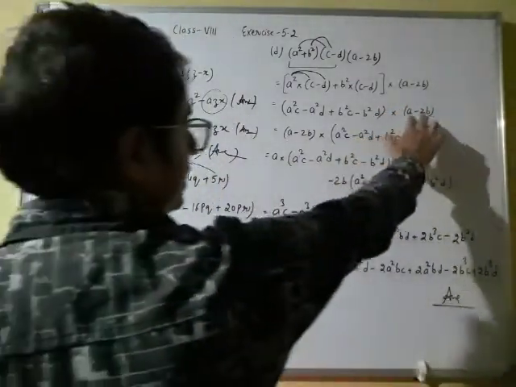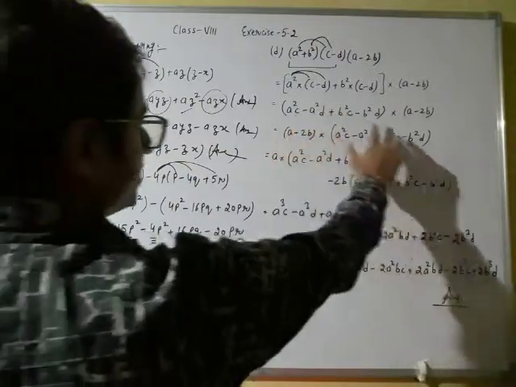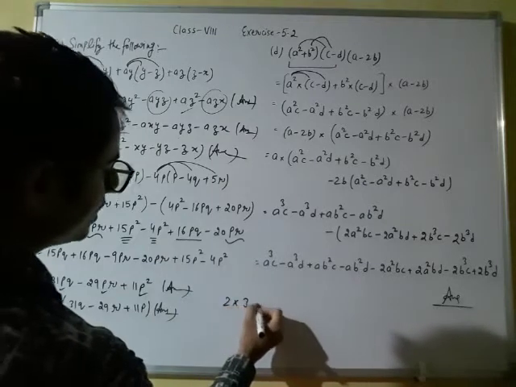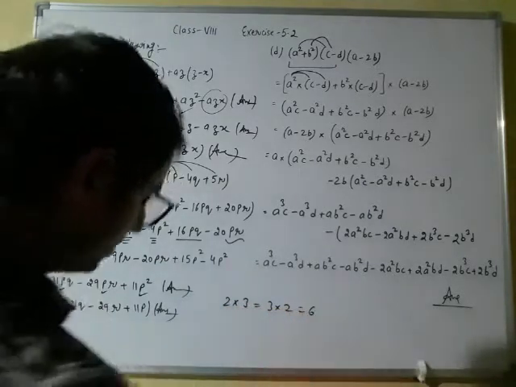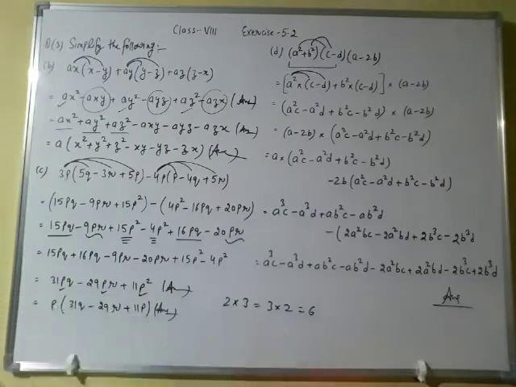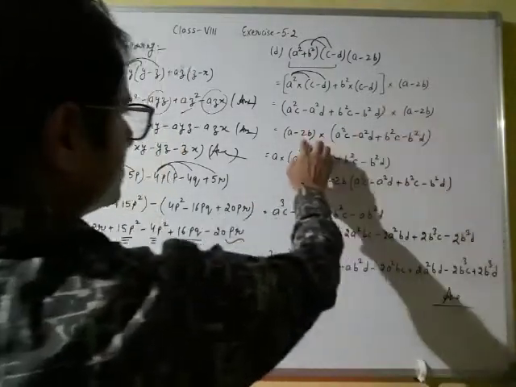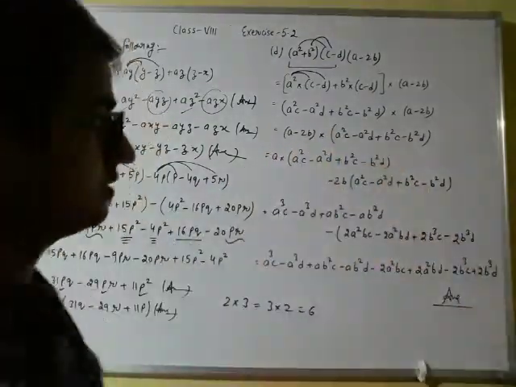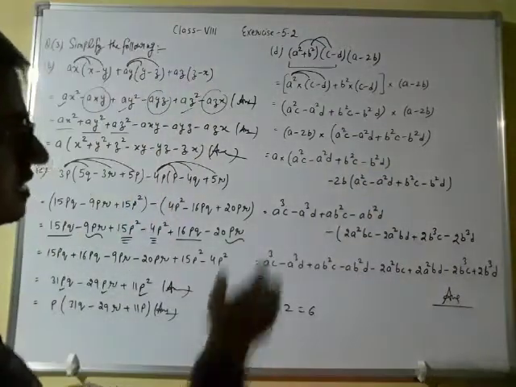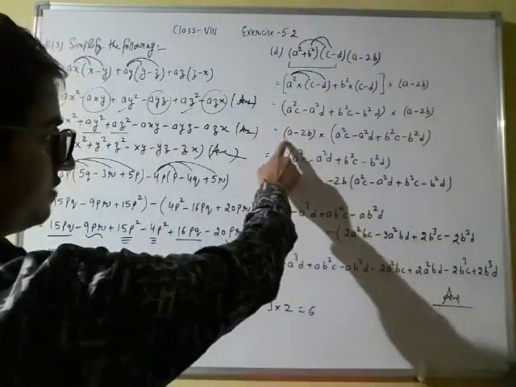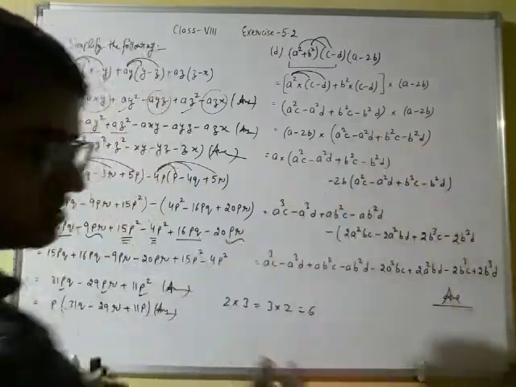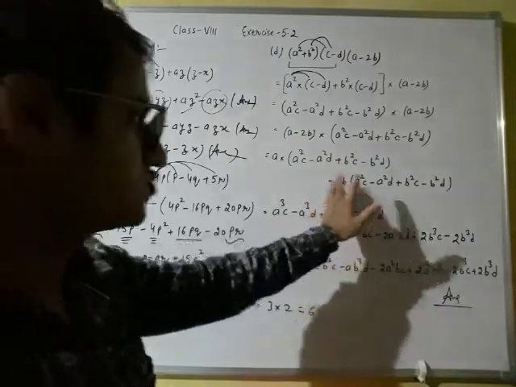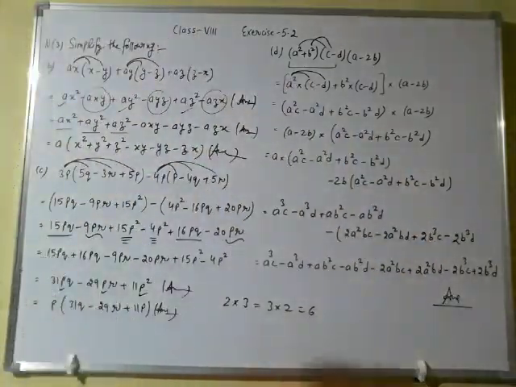We can write it as a minus 2b first, and this bracket here we can interchange, because 2 multiply 3 is equal to 3 multiply 2 is equal to 6. This is the commutative property of multiplication. So we can write it first and this bracket second. Now a binomial will multiply a polynomial, but because it has 4 terms, we will take the first term of the first binomial and multiply it by the second bracket, and then we will take the second term of the binomial, minus 2b, and minus 2b will multiply the complete second bracket.